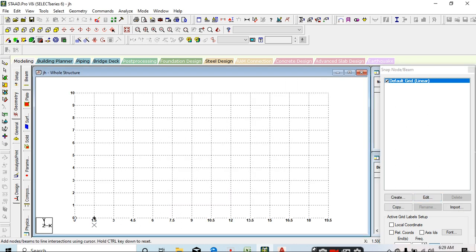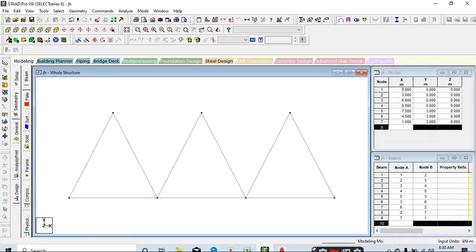On 9 meter, it is a 9 meter. Click on 0, 3, 6 and 9. Go up to 3 meter height. Again go up to 3 meter height. Like that you can create this particular truss.